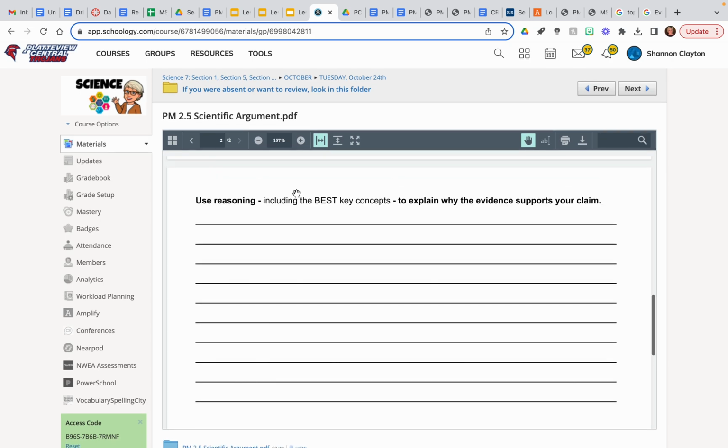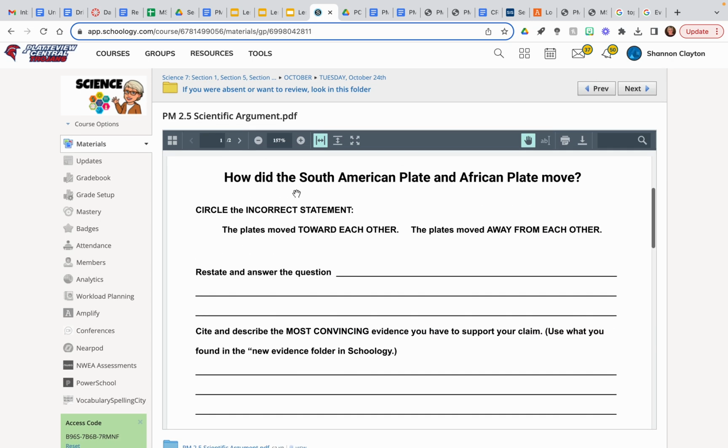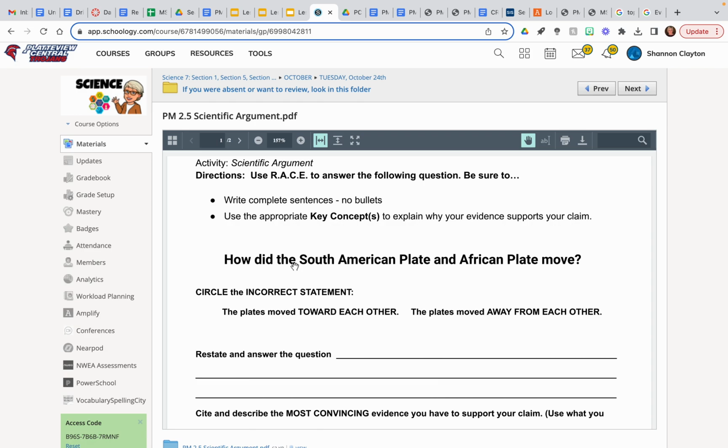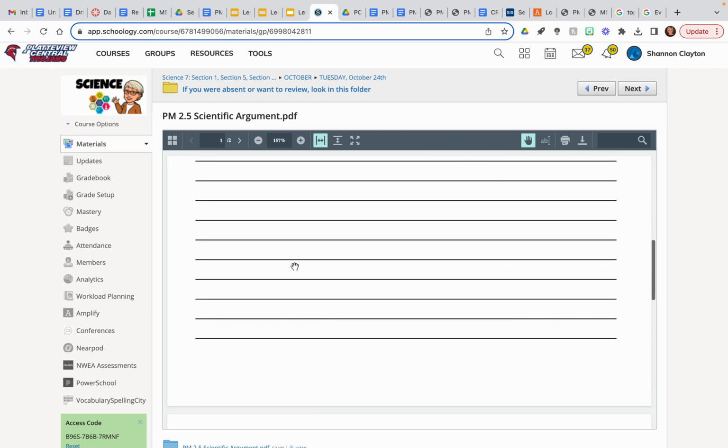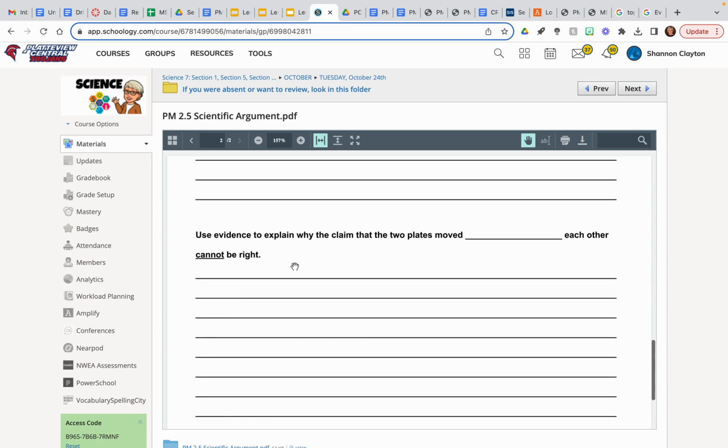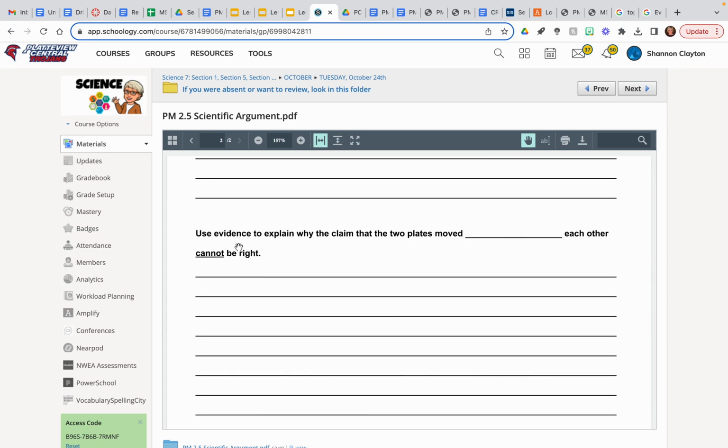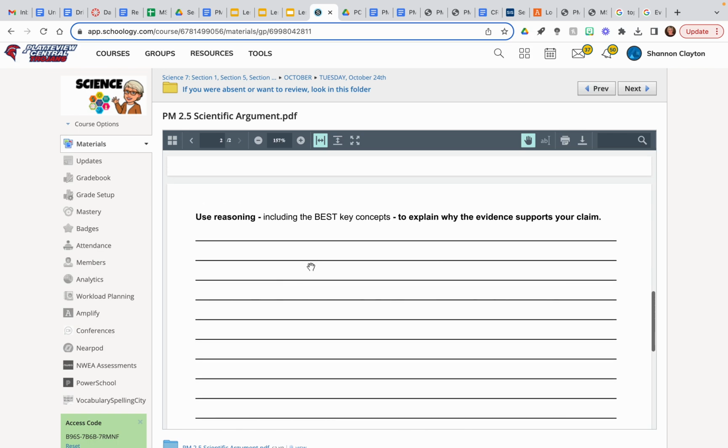And then in addition to answering the prompt, how did the South American plate and the African plate move, I want you to practice refuting a claim by using evidence to explain why the claim that the two plates moved blank each other cannot be right. So up here,